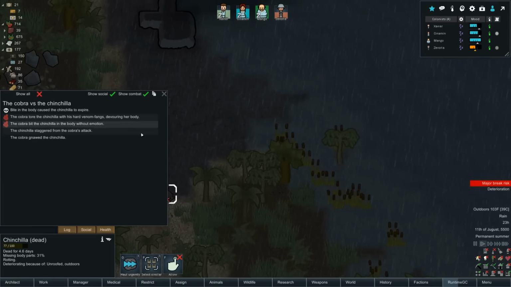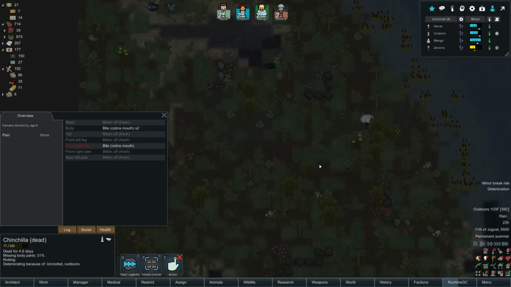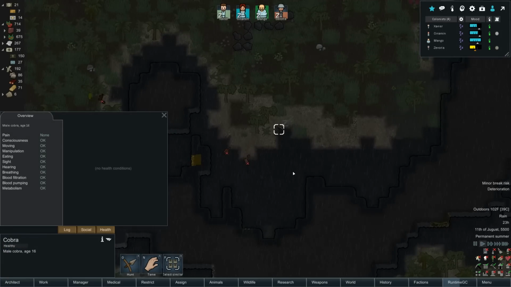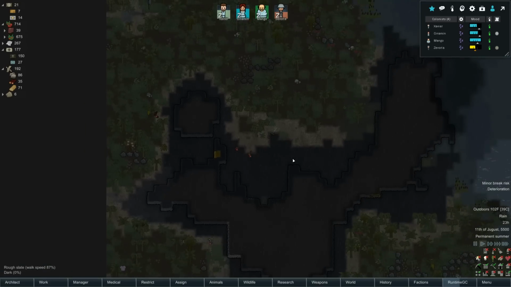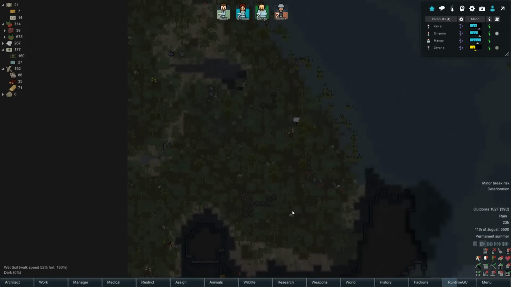The cobra one-shot the chinchilla. Holy... Right in the head. Bit its head straight off. Holy, that cobra is a menace to society and 9/10. I can't believe... He just has his own little cubby over here. And he's made himself the dominant...